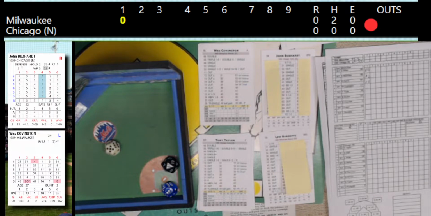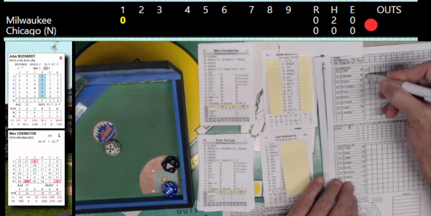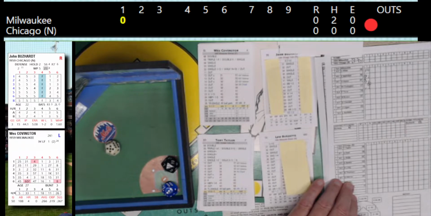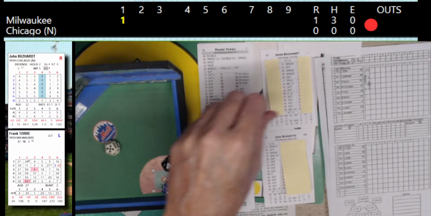And let's see, runner on second scores. If he's on first, he will go to third, and Aaron is an F, so he will go to third. So an RBI single, and the Braves are up 1-0. Going to third is Aaron. One nothing Braves here in the top of the first.